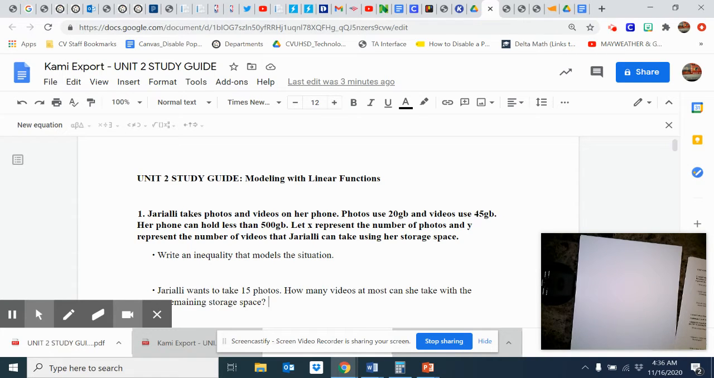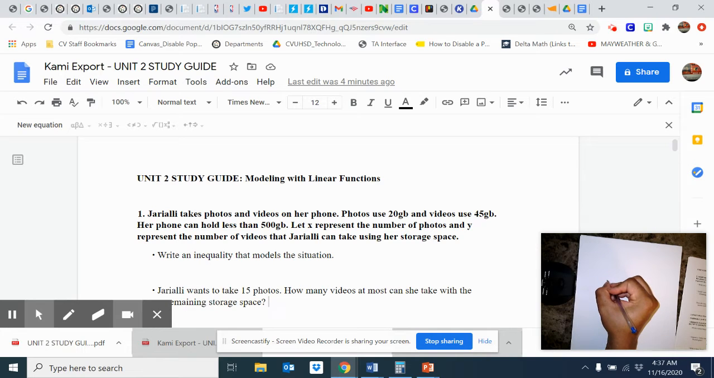So, Jerry Ali takes photos and videos on her phone. Photos use 20 gigabytes and videos use 45 gigabytes. Her phone can hold less than 500 gigabytes. Let X represent the number of photos and Y represent the number of videos that Jerry Ali can take using her storage space. So when it says write an inequality, what we're going to do